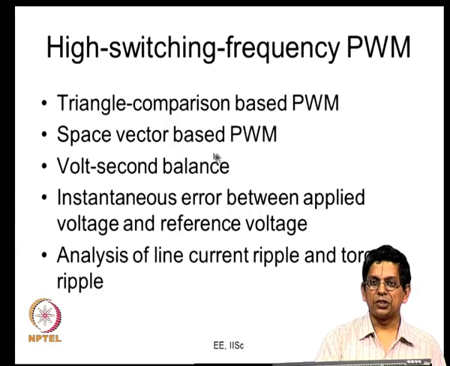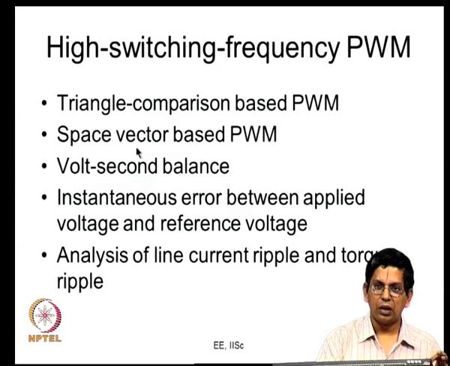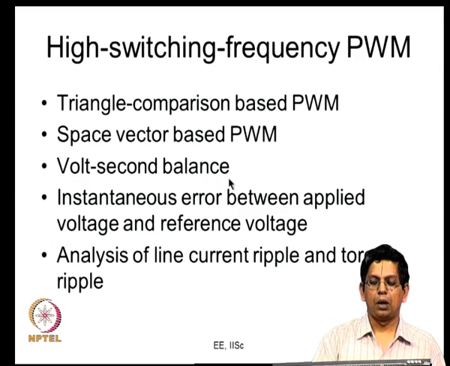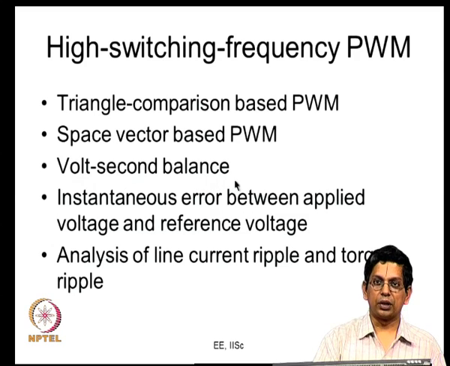Here the voltage reference is not provided in terms of 3 phase voltages, it is provided as one reference vector. So, the inverter applies an average voltage vector equal to the reference vector. So, the applied vector is equal to the reference vector, and once again you call it volt second balance. This volt second balance is maintained over small intervals of time